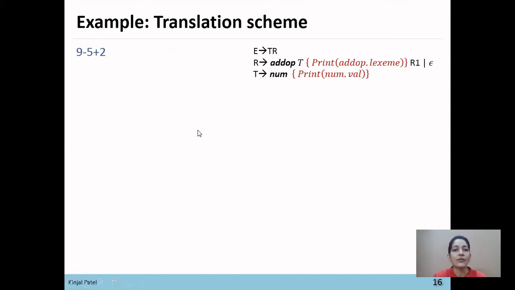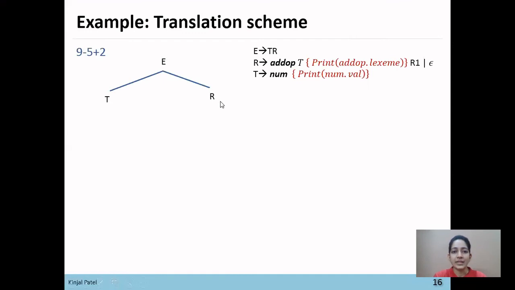Now from this translation scheme, we'll generate a parse tree for 9 minus 5 plus 2. We want to generate the parse tree for this infix notation and convert it into postfix notation. First we'll start from the starting symbol.